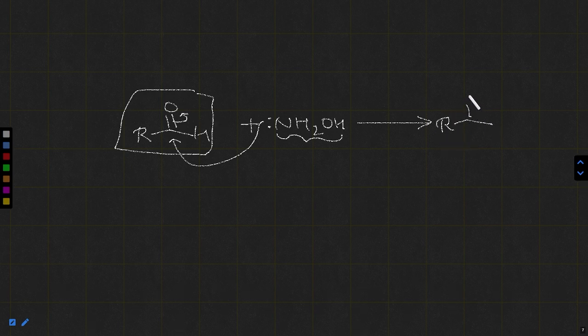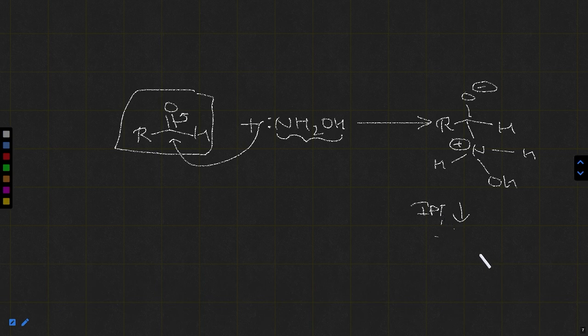This will create this kind of structure, O minus NHOH, and here H. Now we will have a positive charge on this. Since electrically neutral molecules are more stable, this H will just be transferred from here to here, an intramolecular proton transfer, and will create